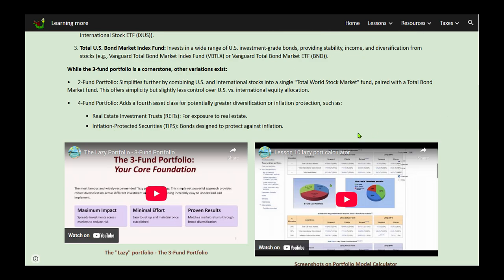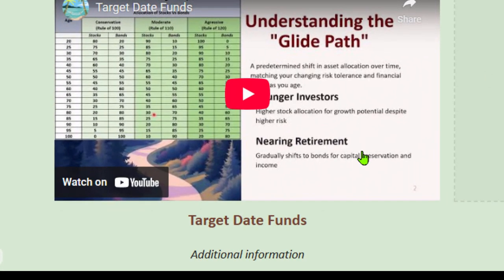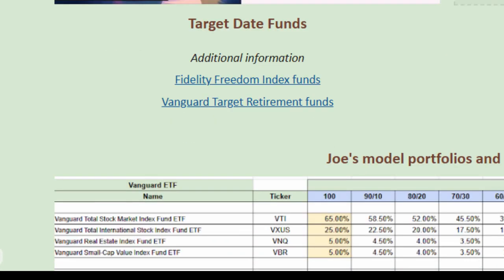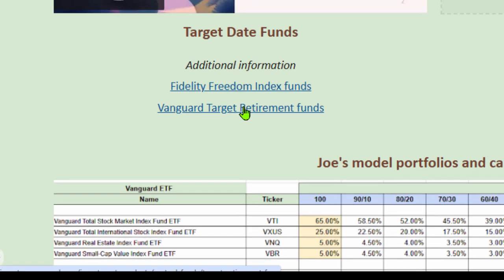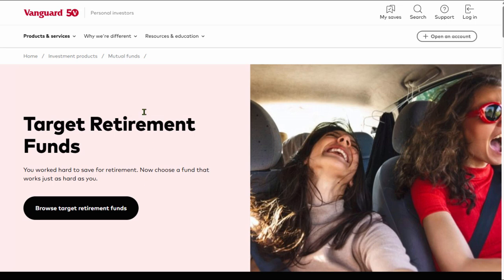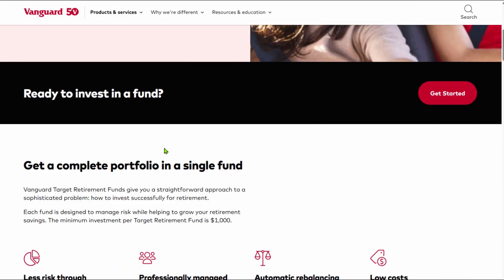So we'll go down to our video here, and under that we have some links. So we have links to Fidelity Freedom Index funds, which are their target date funds, and Vanguard target date funds. Let's open up Vanguard first. So they give a little summary of what their funds are about, but if we scroll down,